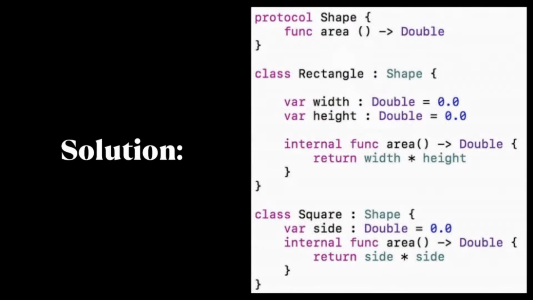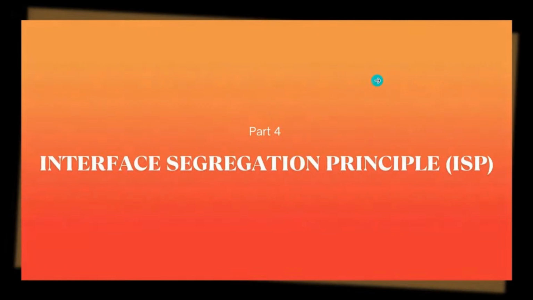As you can see, we create a protocol of area, and it is adopted by the rectangle and square classes. So this solution seems similar to the open and closed principle. So now we conclude that if some class violates the open and closed principle, that means it violates the Liskov substitution principle as well, and vice versa. Moving ahead to the interface segregation principle,